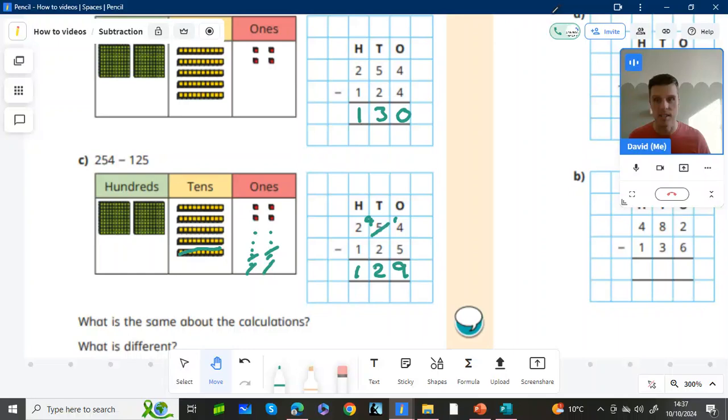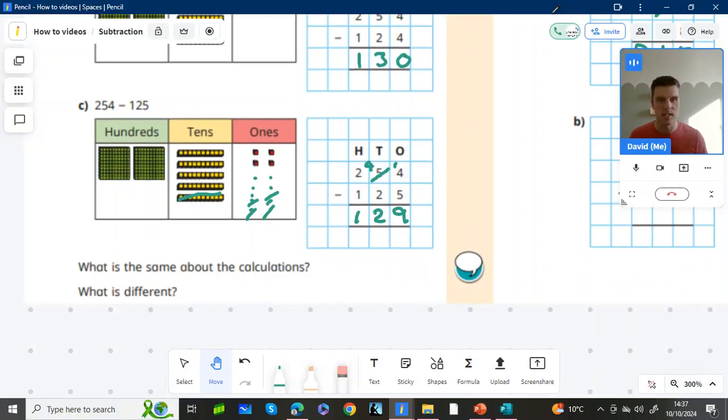And we've already gone through C together. Okay, and it has a final bit at the end. What is the same about the calculations and what is different? Well, 2 of them didn't need an exchange, whereas the third one did. Okay,